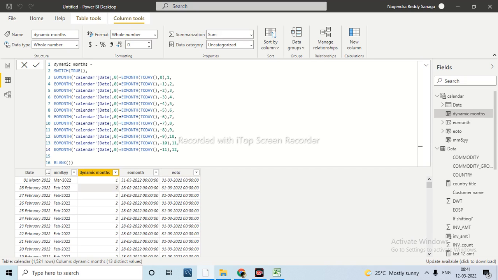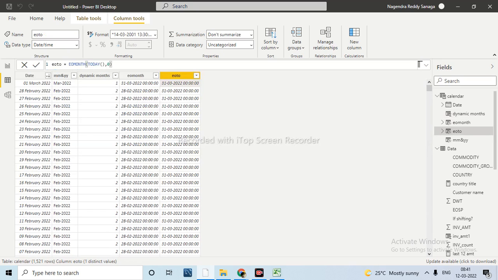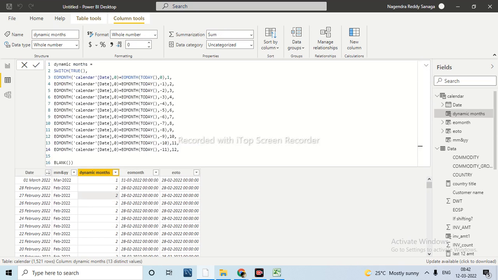Now in this case, if I have taken -1 in the next step, then you will get the previous month value. See how that means there are two expressions. First is today, which indicates today's date, and 0 would be the month, the current one. Here I am passing the -1, right? Now it will check for February, wherever it is end of month February, that result I am checking with this current one, that I have taken, that number 2.